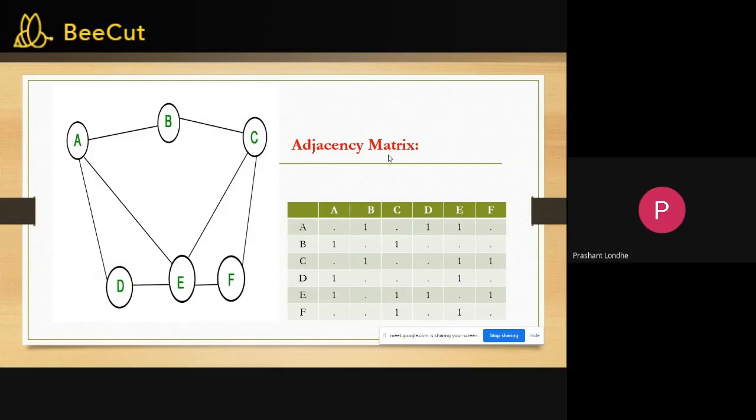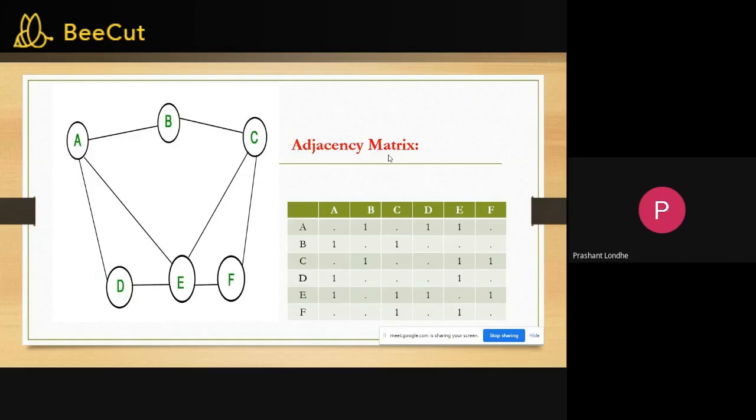Now, you need to form the adjacency matrix. So, how to form the adjacency matrix? It's very simple. If A is adjacent to B, it means that there is an edge between A and B, and you will write 1. And if there is no edge between A and B, it means that A is not adjacent to B, then you will put a dot or dash.